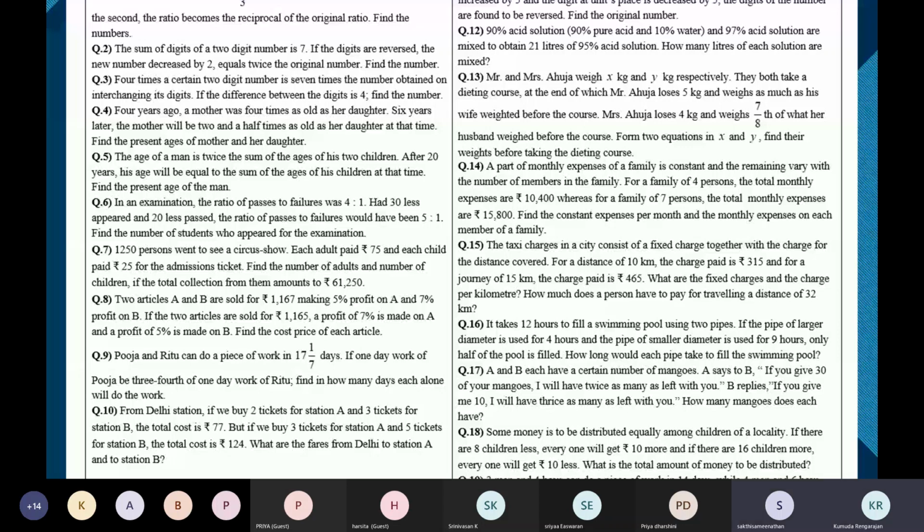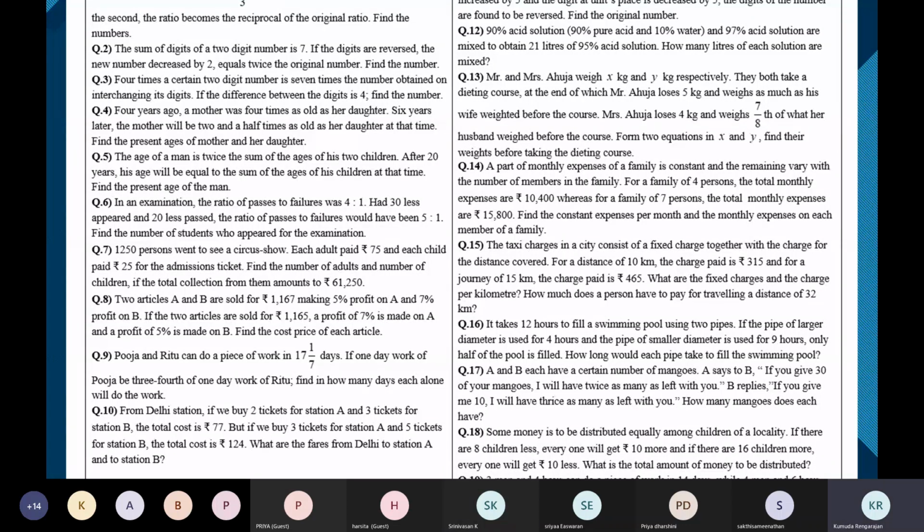Correct? Yes, ma'am. Okay. Now, if X passed and Y failed, how many attended the exam? See, when students attend the exam, they are given two results, either passed or failed. Only these two results are possible. Now, if 30 students attend an exam, 28 passed, 2 failed. So when you add the number of students who passed and failed, you'll get the total number of students who took up the exam. If X students pass and Y students have failed, that means X plus Y students have written the exam. Yes or no?